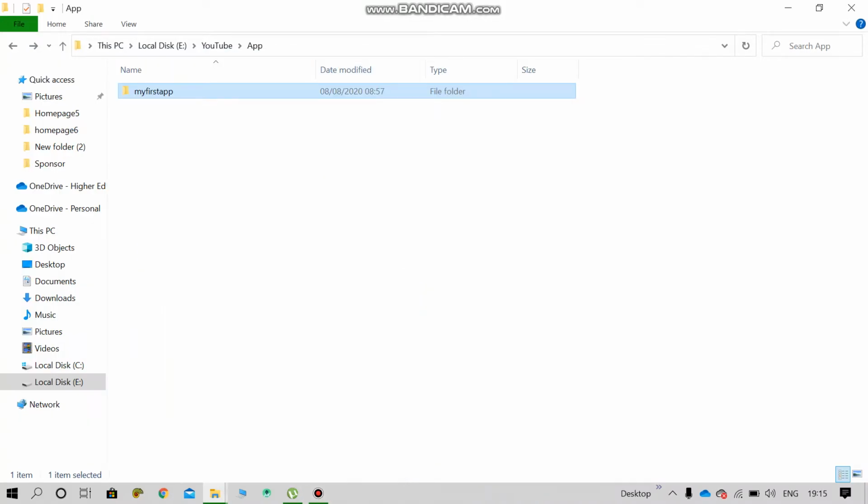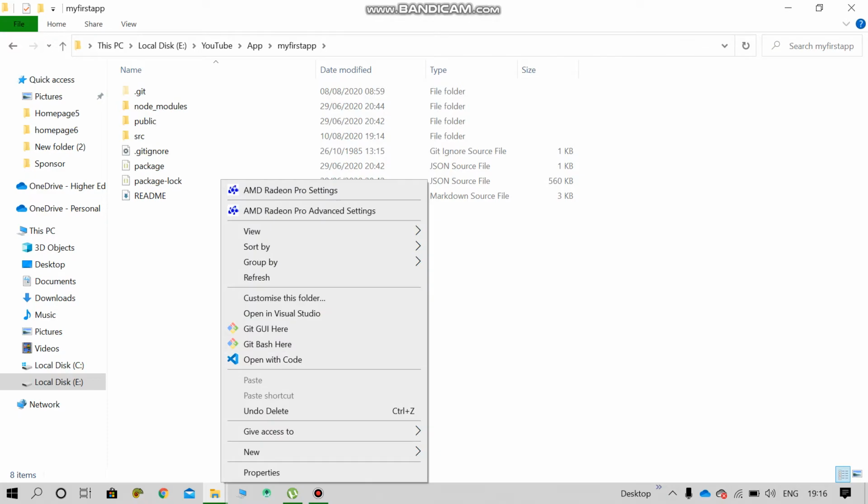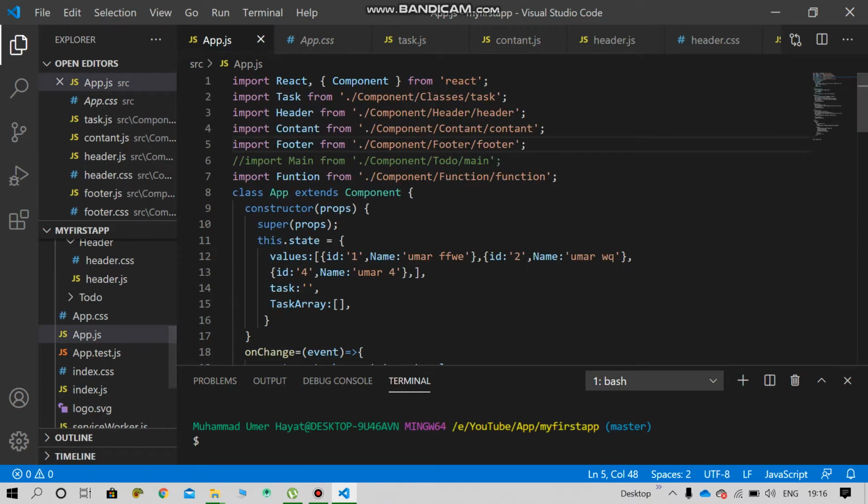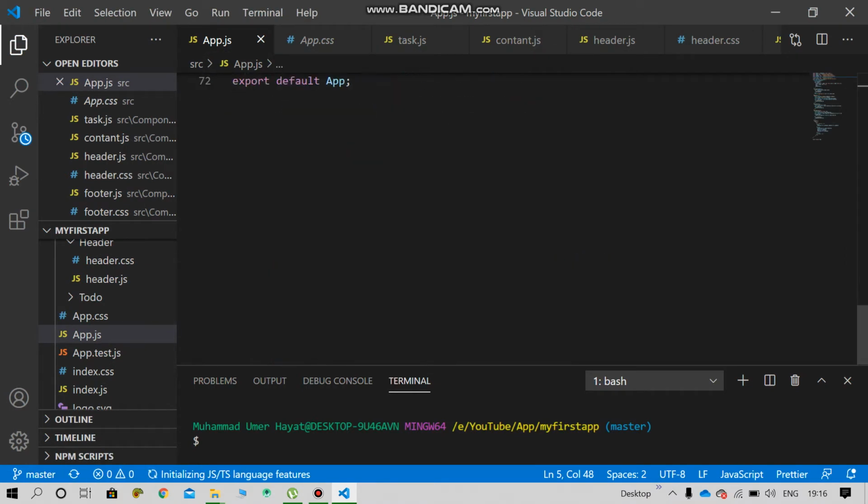Bismillahirrahmanirrahim. So today we learn about how to add an image to our React app. So let's start. Open the project with Visual Studio Code. So here, okay,